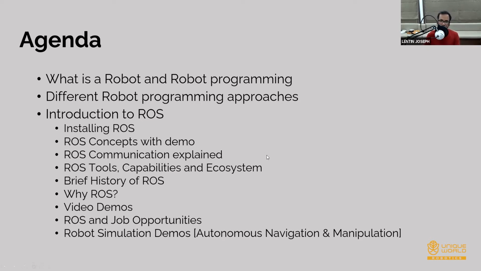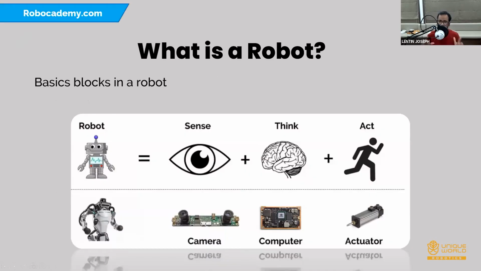Okay, let's start. I hope you have heard the term robot, right? But did you think about what the main components of a robot are? If you just take a human, what are the main components that we have? We have a lot of sensors, right? We have eyes, we have ears. These are sensors, and these sensors are connected to the brain. And we have actuation, we have joints, right?